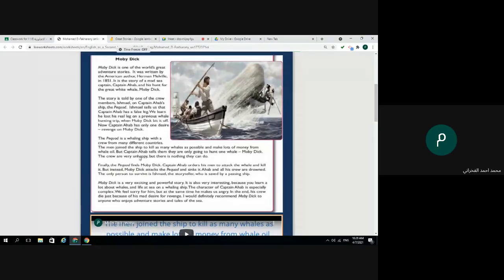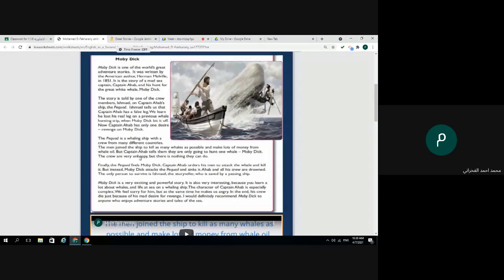Who lost his leg? Okay, just wait a minute. We know from the review that someone, in his confrontation or struggle with Moby Dick, lost one of his legs. Who is that person? Yes, Captain Ahab.